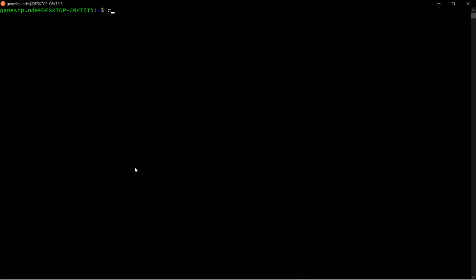So now what I'm saying, cp means copy file1.txt to file2.txt. So what will happen, since file2.txt is not there, file2.txt will be created, but it will have the content of file1.txt. So you see the command is executed, there is no error, no message, right?